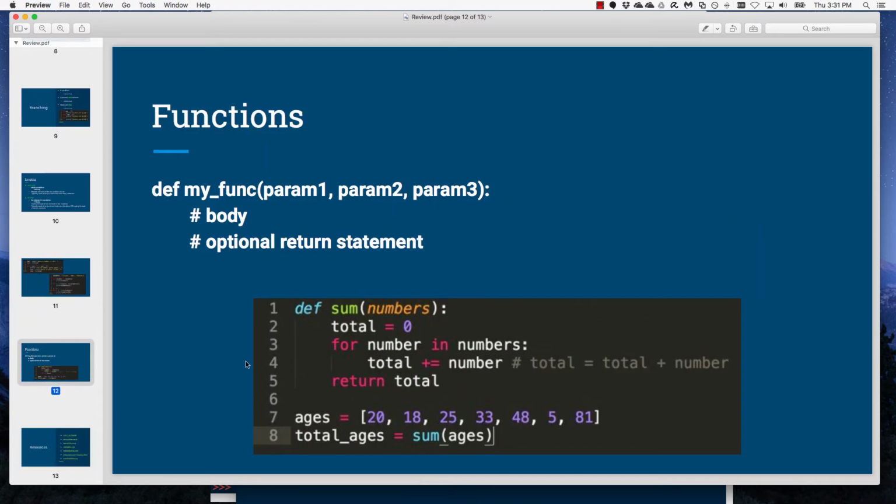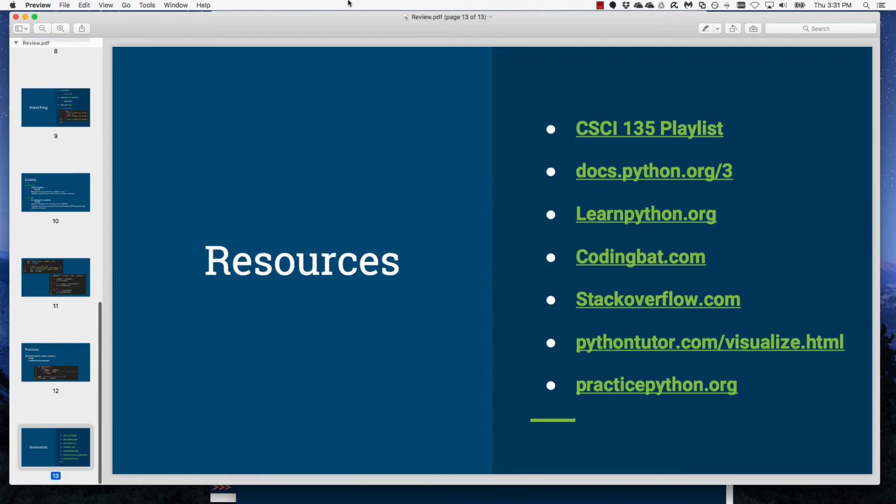Functions. We haven't gotten to functions yet, and this is actually where we're going to pick up in the course. This week is completely dedicated to reviewing Python, getting up to speed, and practicing with it a little bit. Next week, we'll get into creating our own functions. At the very end here, I have some resources. We're going to be looking at practicepython.org this week, but there are some other great resources like